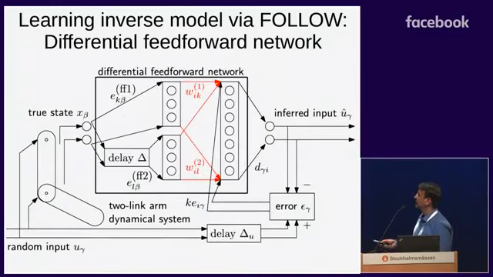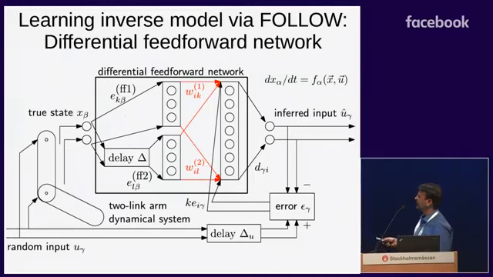And here, as I mentioned, the feed-forward plus recurrent network doesn't really work. What you need is what we term a differential feed-forward network. In fact, if you try to put in some recurrence here, the learning goes haywire and the error starts to increase. So what you require is the direct state to one part of the first layer and a delayed state to a second part of the first layer, and then these are fed in with plastic weights in red to a third layer, which then gives the output.